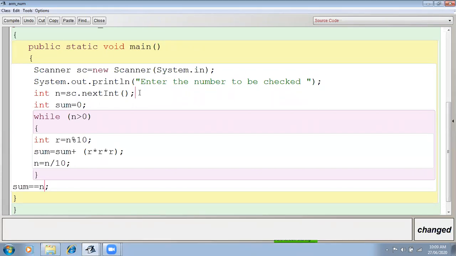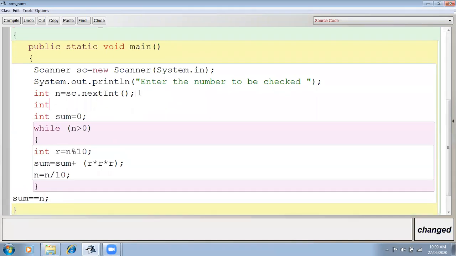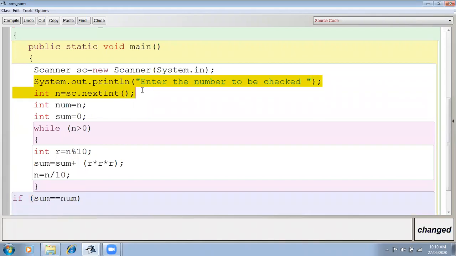So what do I have to do for this? I will check with another number, int num = n. Before changing this n, I have copied n into num, one temporary variable I have declared. Now the statement I will form: if sum equals num, then the number is the Armstrong number, otherwise not.